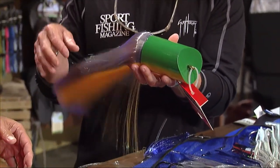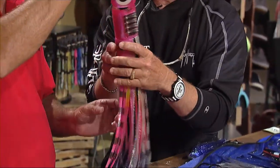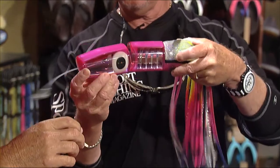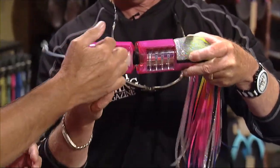Then you've got some of your newer stuff. Now this is Lauren's color here, pink. This one will clack in the water, underwater, you'll hear it. It makes a noise. And what's great about this particular one is it's a hard style lure. If you use a soft lure, you know,